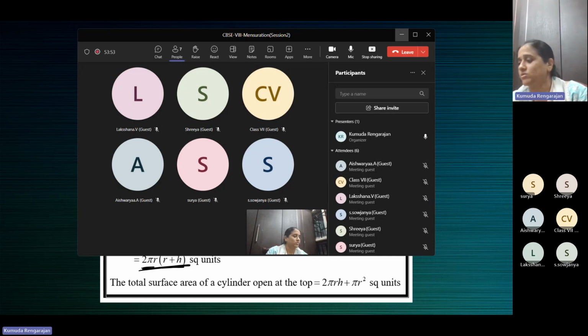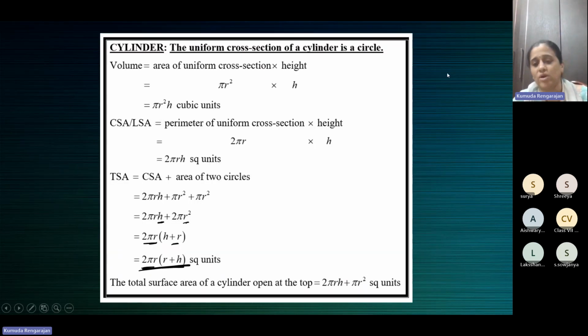Okay. So in the case of a cylindrical tumbler, you can imagine a cylindrical tumbler. A tumbler is open at the top. Normally, a tumbler does not have a lid. If it has a lid, it should be given that this tumbler has a lid. Whereas normally a tumbler does not have a lid. So if it's a cylindrical tumbler,